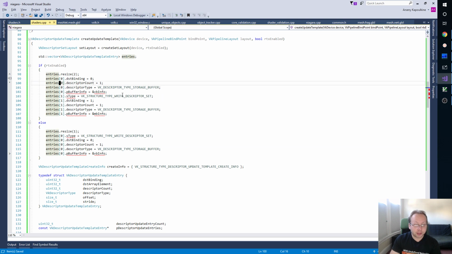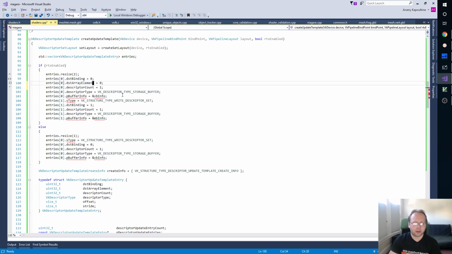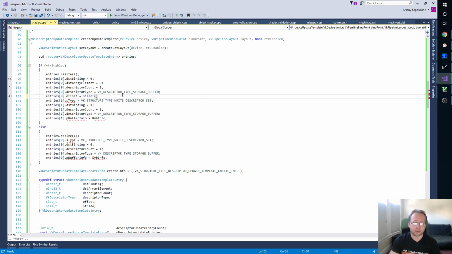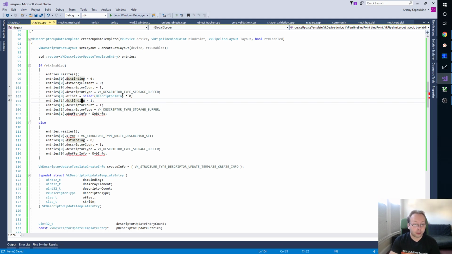So let's see, so DST binding, DST array element, descriptor count, descriptor type, offset. Stride. Oh, stride is used for arrays, right? So this will basically be size of descriptor info times 0, because this is the first descriptor, and then